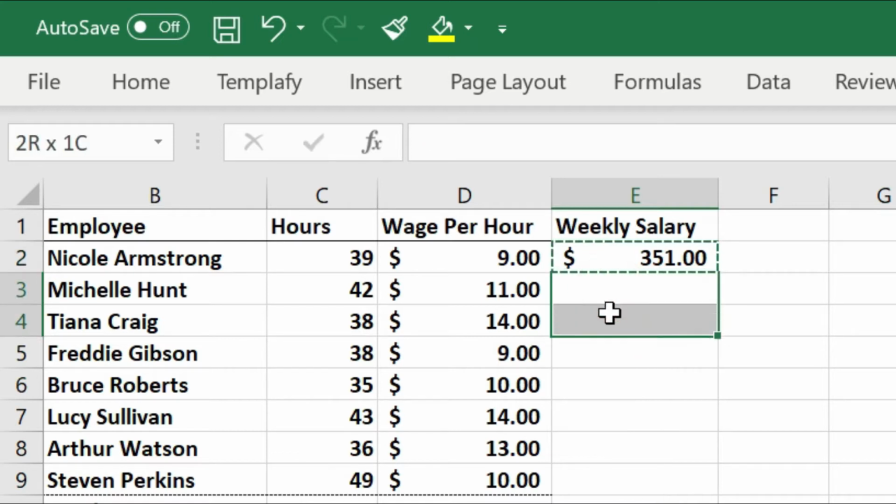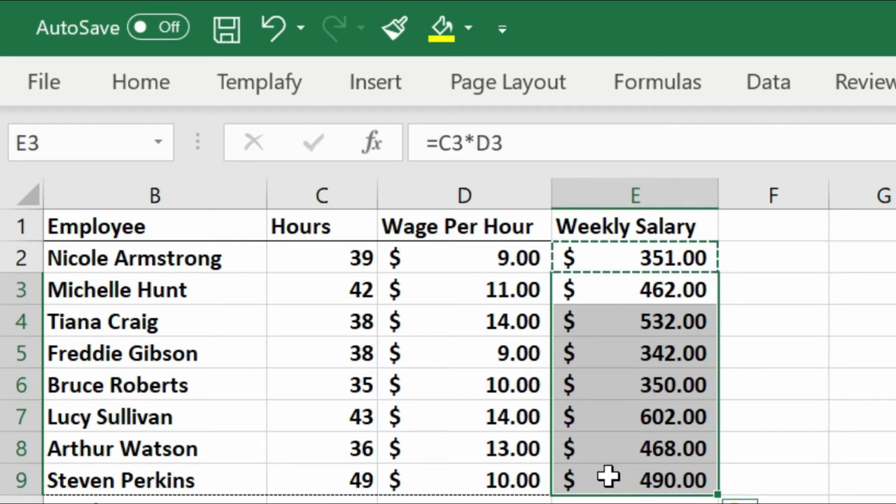Then select this range from E2 to E9, right? Then paste it with the keystroke Control V, right? So the formula has been pasted and we got our result. So we got our weekly salary for each employee.